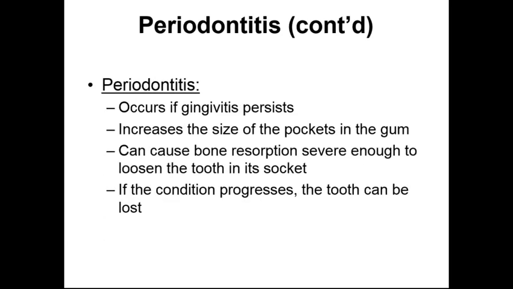If gingivitis has persisted for a long time, periodontitis will then occur. You can think of periodontitis as a very severe case of gingivitis. The pockets between the gums and the tooth continue to increase, and that causes more food to be stored there and causes more fermentation and more acid production. This is going to cause the bone to start to be reabsorbed, to the point that the tooth actually starts to get loosened within its socket, and if the condition continues to progress unchecked, the tooth will actually fall